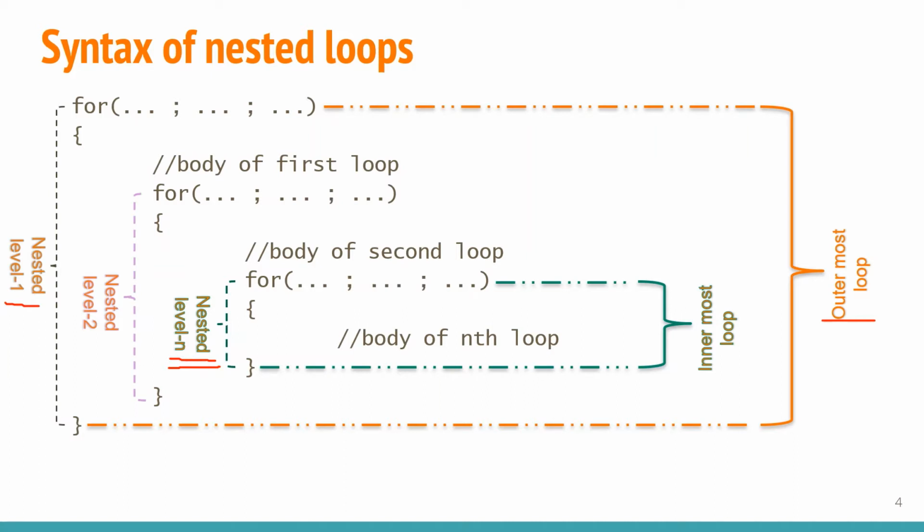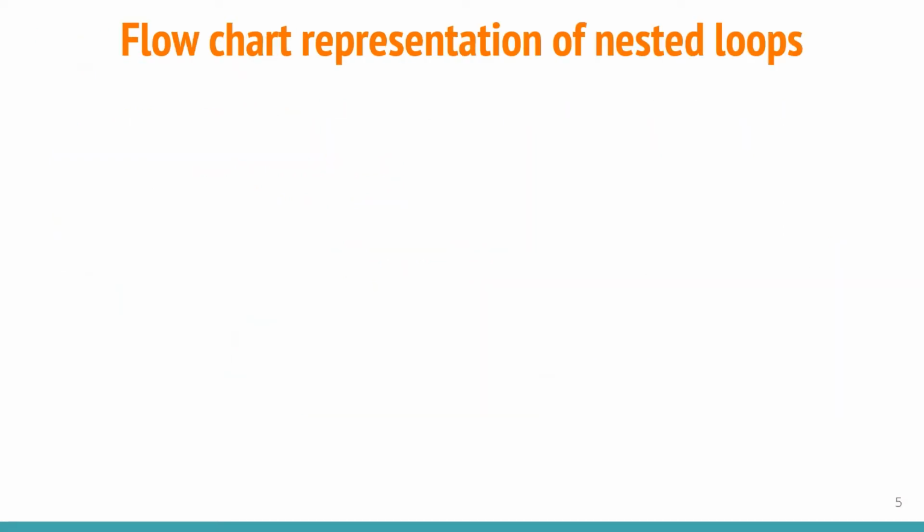A few programmers tend to represent the first level not as level 1 but as level 0, because this is the beginning of the nested loops. In such a scenario, the last or highest level would be n minus 1. However, in this series, I'll be using levels starting from the value 1. Please keep this in mind. We'll move to the next slide.